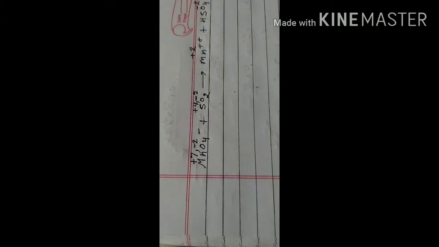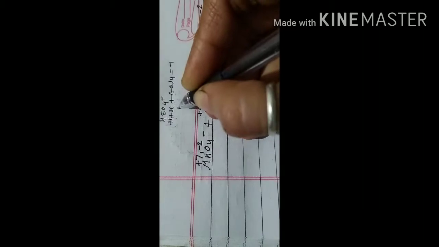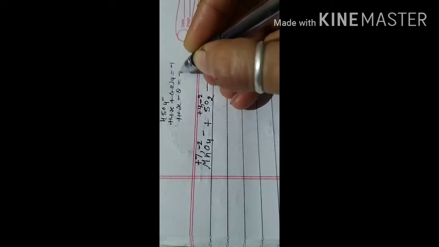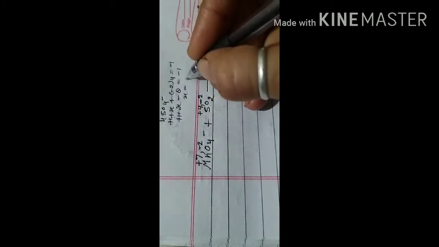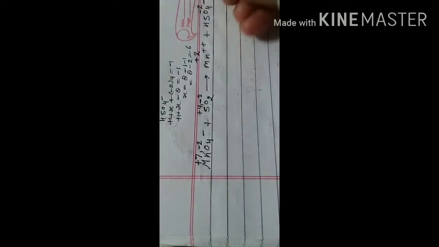And as we find out the oxidation state of sulfur here, I will tell you how you have to solve it. HSO4 negative: hydrogen will be +1, sulfur you take X, plus -2 times 4, equal to -1. So X minus 8 plus 1 equal to -1. So X is equal to 8, and then +1 goes there, -1 -1. Then we get 8 minus 2, that is 6. So the oxidation state of sulfur will be +6.